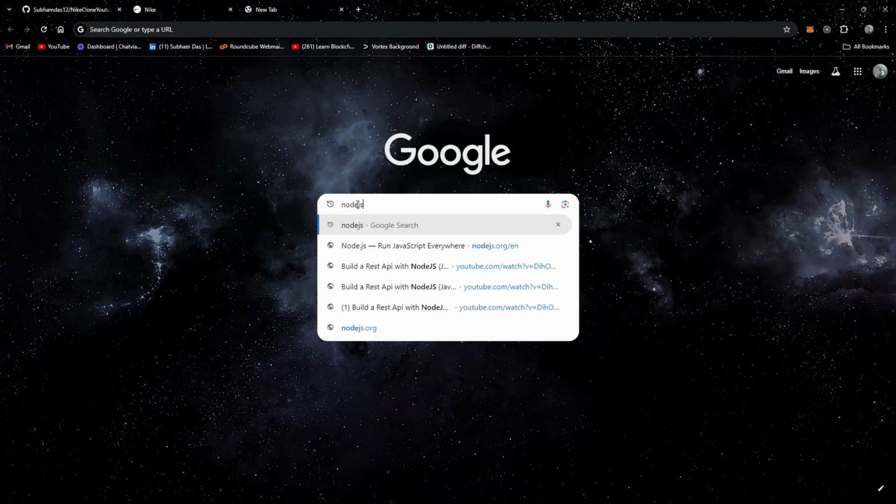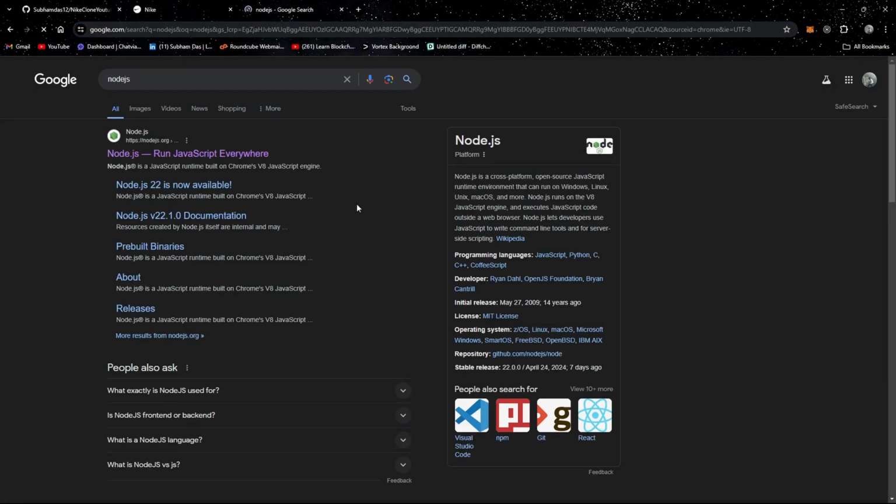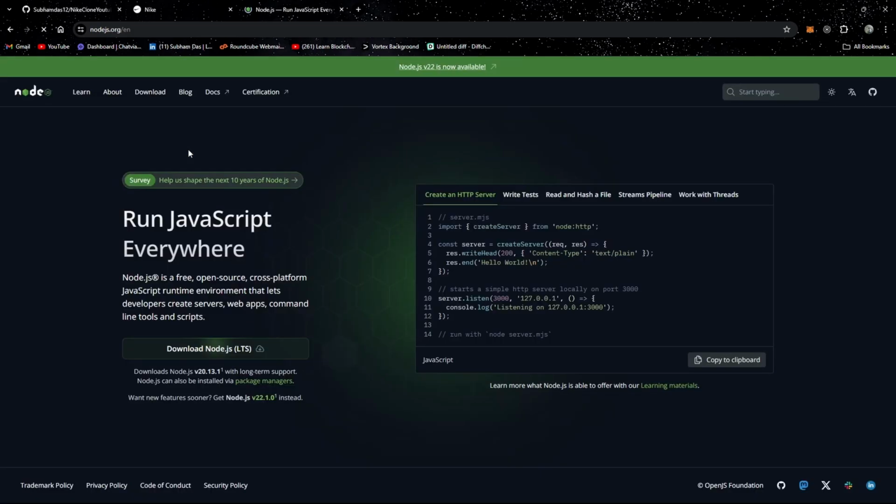So what is Node.js? Node.js is not a programming language, not a framework, and neither a library or a software. So what is Node.js? It is a JavaScript runtime environment, and we can make servers or backends from it. If you are thinking what's the use of Node.js, like we can make servers using JavaScript, but JavaScript itself